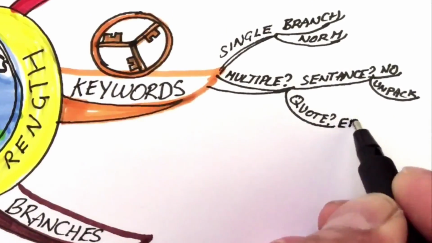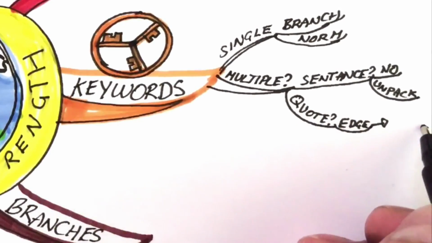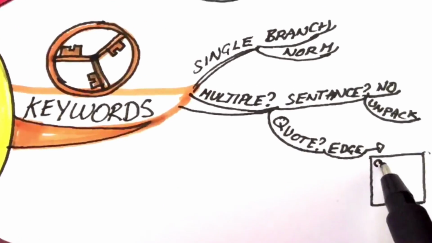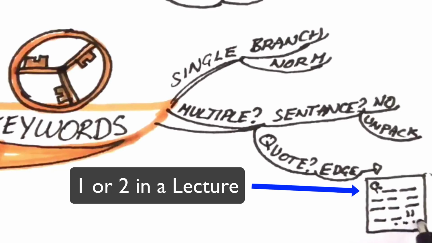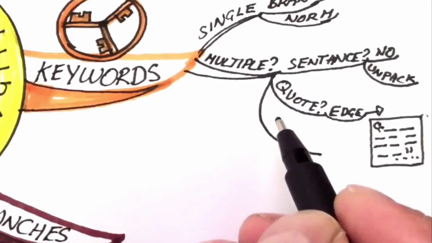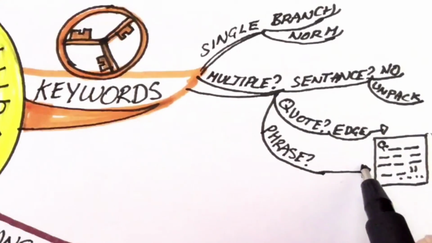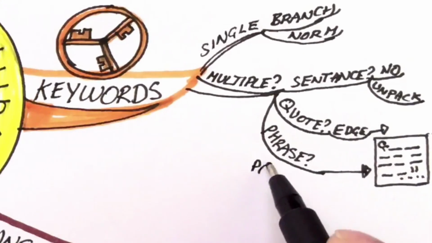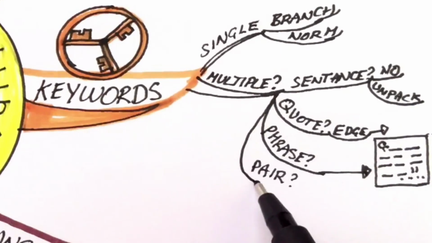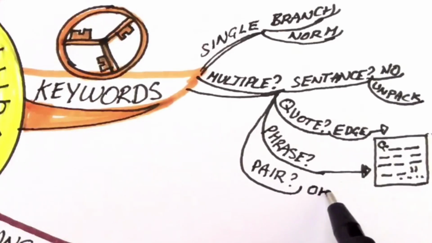But maybe sometimes you want a quote. That's fine. You move it towards the edge and maybe Instagram style it, put it in a box or something like that. What about a phrase? It's rare to have a phrase, 2 or 3 or 4 words, but you can put 2 or 3 or 4 words in if it's like a short quote or something like that, something really important. What about a pair of words? Yes, sometimes a keyword can be a pairing of words, and occasionally that's fine too.